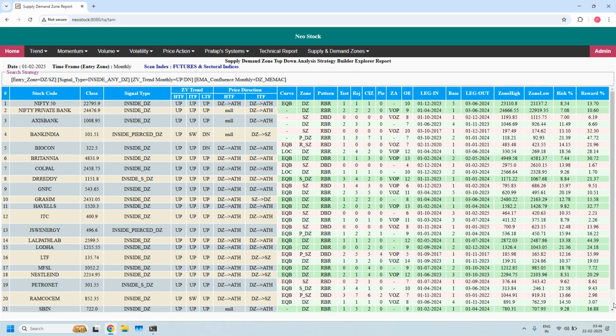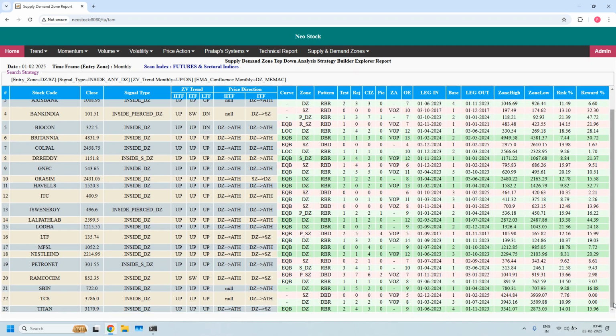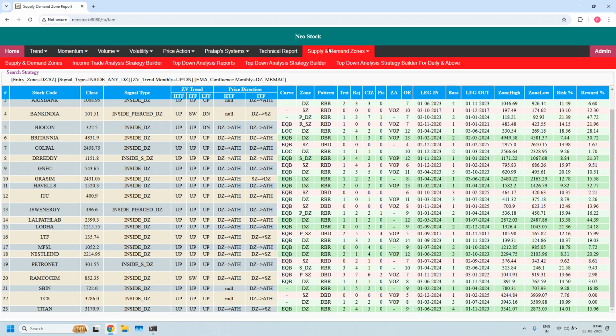Scrolling the list down. So total 23 stocks are filtered where all these monthly demand zones are having monthly EMA Confluence and also current price closed inside these monthly demand zones. Okay, this is about price closed inside monthly demand zone having monthly EMA Confluence. So next,